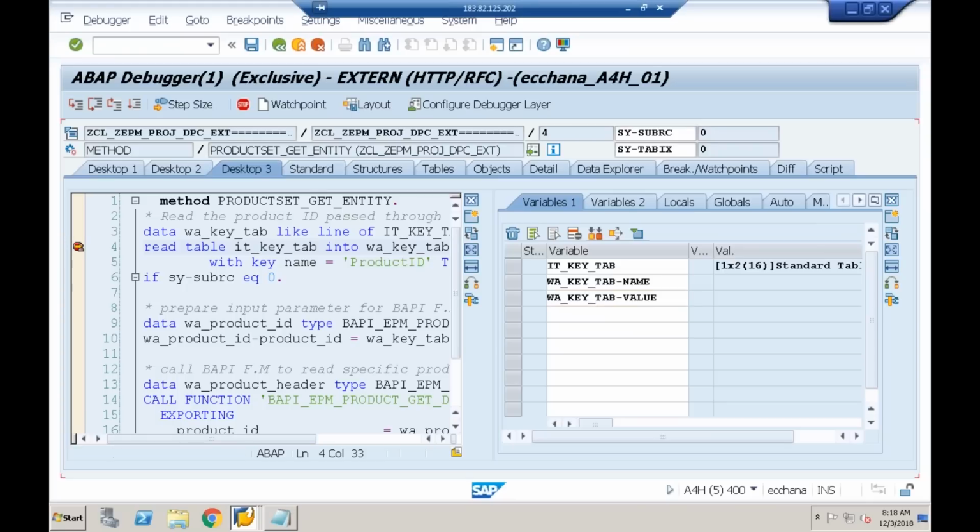When I press F5, I got the value. I didn't get the name because as part of the read statement, I am using the addition TRANSPORTING VALUE. So I'm transporting only the value of the field from the body to the work area. If I don't use transporting,